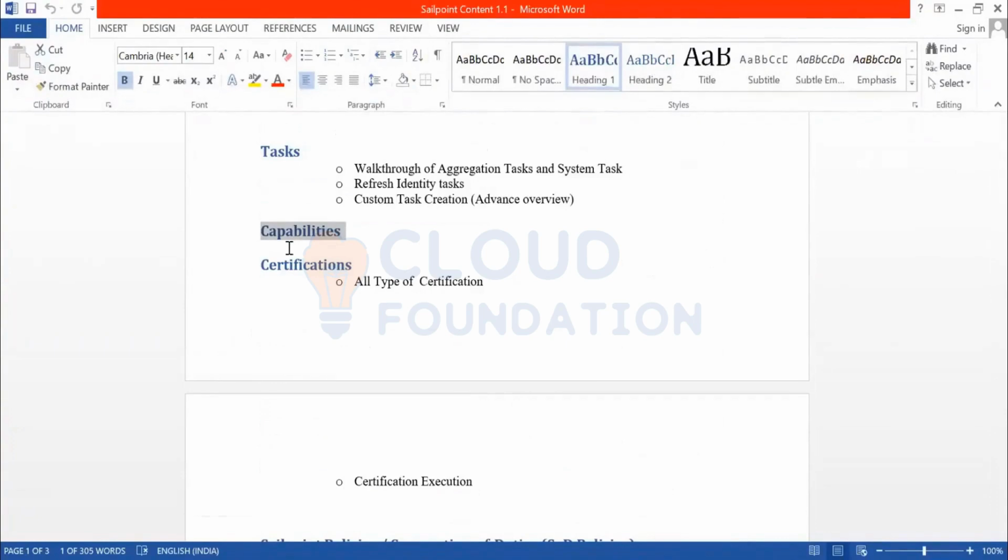Now your manager or some other person needs to review your access on a periodic basis. Not on a daily basis, they will decide. It depends on the criticality of the application. If it is a critical application, then we should review all the user access on a monthly or quarterly basis. If it is not a critical application, then we can review once in 6 months, once in a year. So access review means the particular person, or you may call it a certifier,